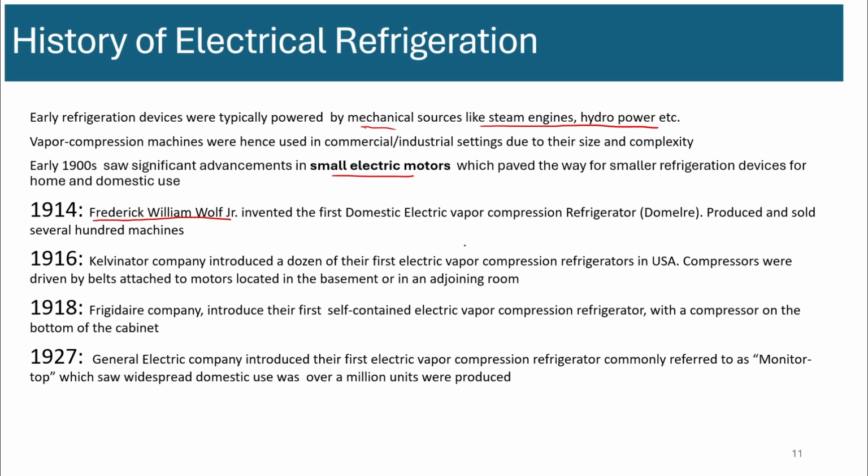The first domestic refrigerator was produced by Frederick William Wolfe Jr. It had a name, I guess it's pronounced Domelray, and only a few hundred machines were sold. This happened in the U.S. So the start of domestic electric refrigeration was primarily in the United States. It happened in 1914. Later, in 1916, the Kelvinator Company, whose brand is currently owned by Electrolux,